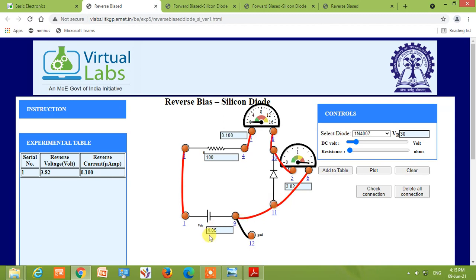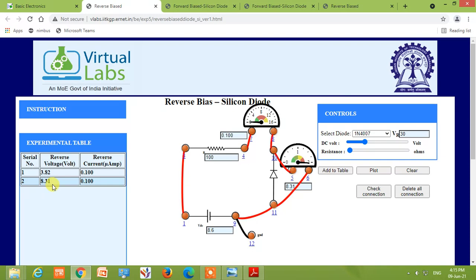Actual voltage given is 4. Depending upon the value of the resistance and the internal resistance of the diode, the voltage across this is 3.82 volts and the current is 0.1 microamperes.